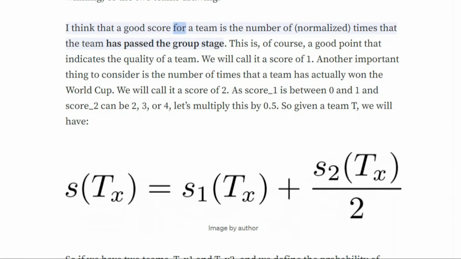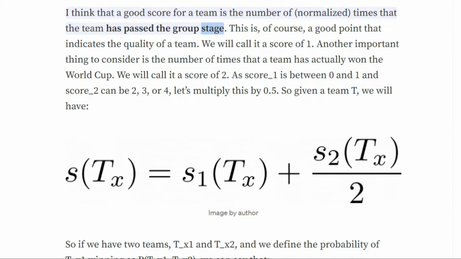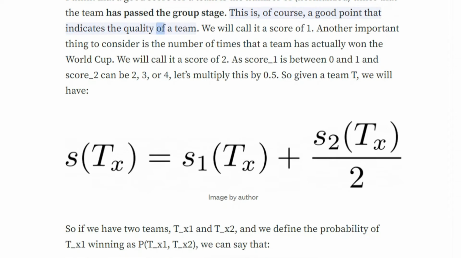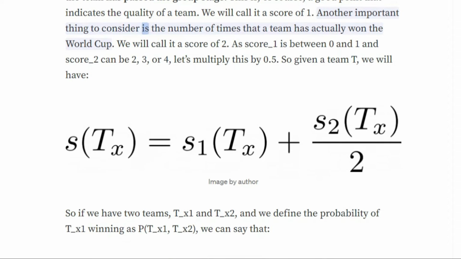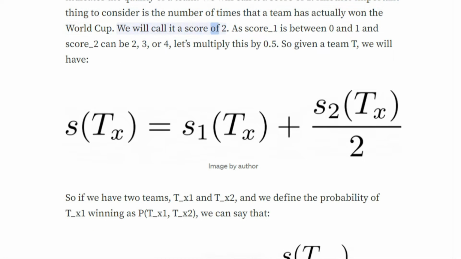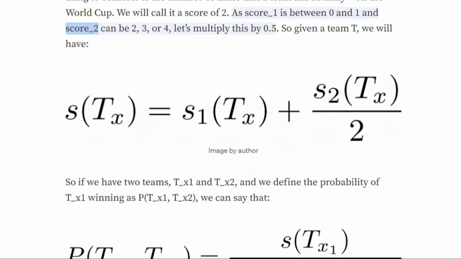I think that a good score for a team is the normalized number of times that the team has passed the group stage. This is, of course, a good indicator of the quality of a team. We will call it score_1. Another important thing to consider is the number of times that a team has actually won the World Cup. We will call it score_2. As score_1 is between 0 and 1 and score_2 can be 2, 3, or 4, let's multiply this by 0.5. So given a team T, we will have: